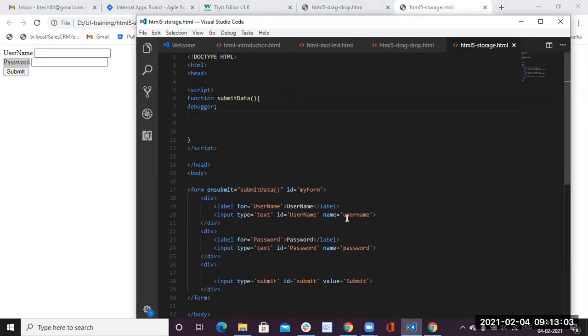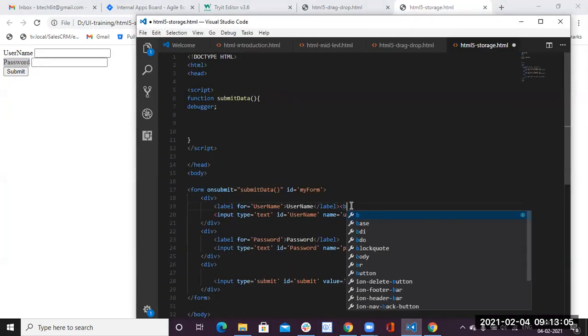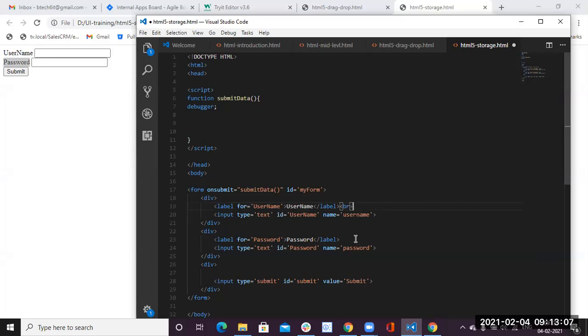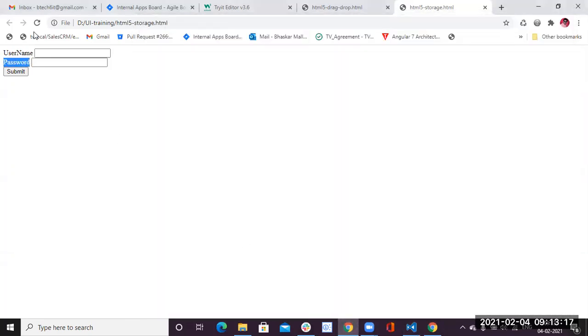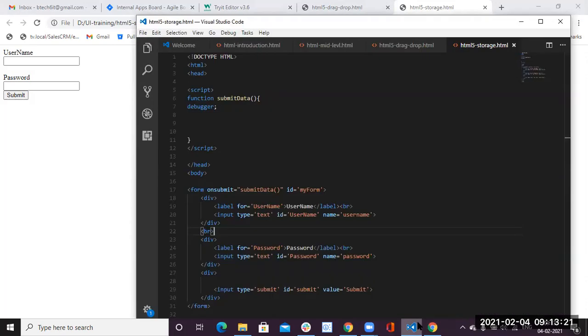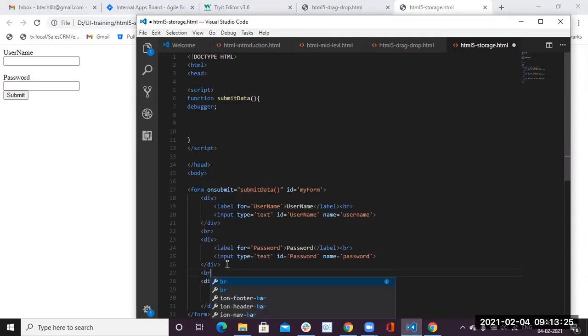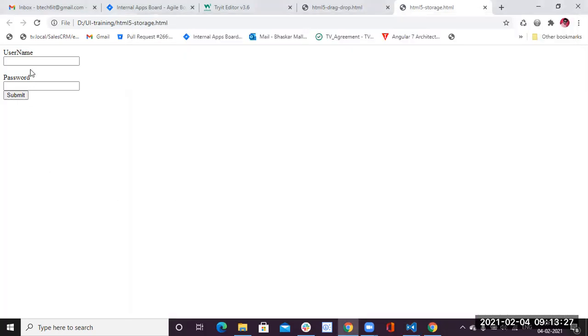Instead, we can give some breaks, it will look really good. Okay, username, password, and submit button.